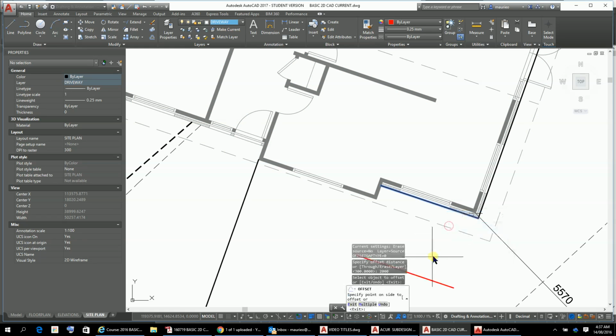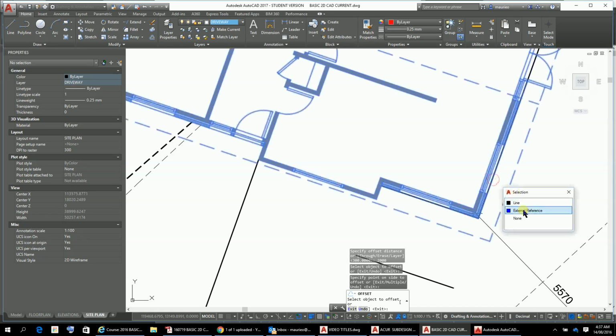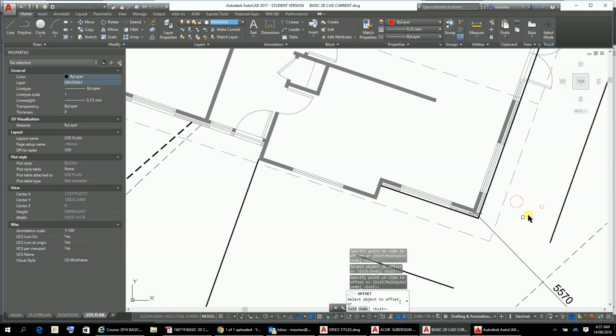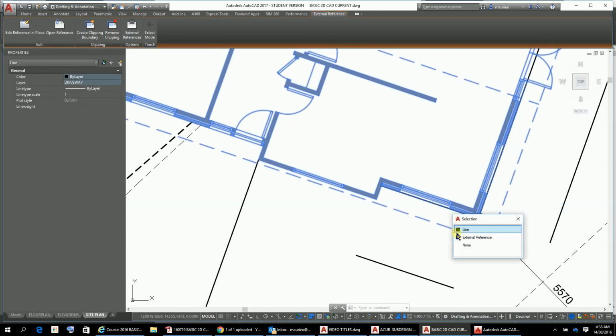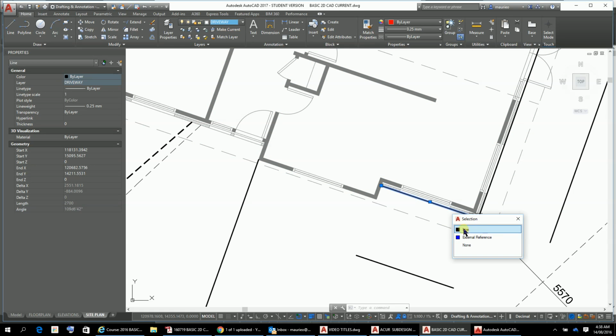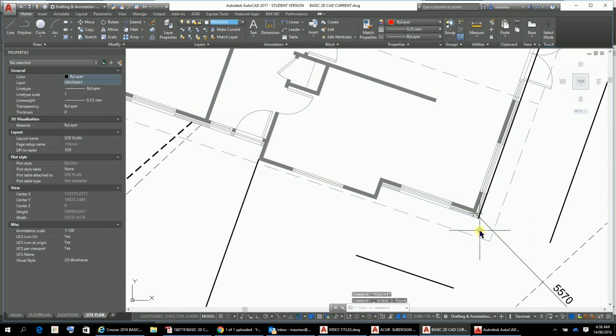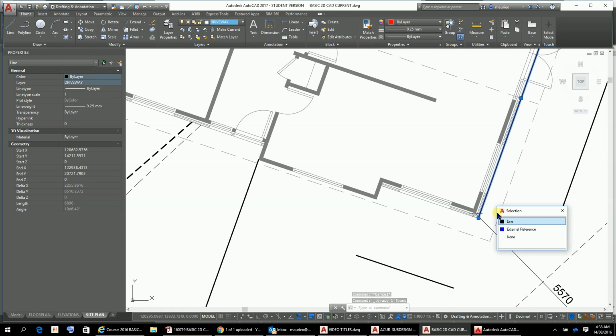I'm going to slip that line, and I want to put one out there, and I want to put that line there, and I want to put one out there, and then I want to delete these two here, that one, and delete that one, delete, and that one there,